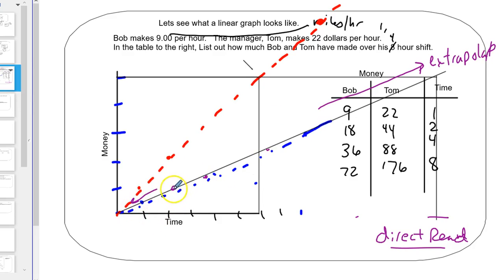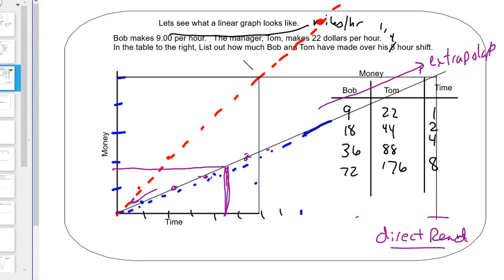And also, you could say, well, what if I work 4.5 hours? I don't even have a data point between those guys for that point, but I can use the relationship to say, okay, if I only worked 4.5, I can still estimate between these two points. So math is powerful. We use it all the time.